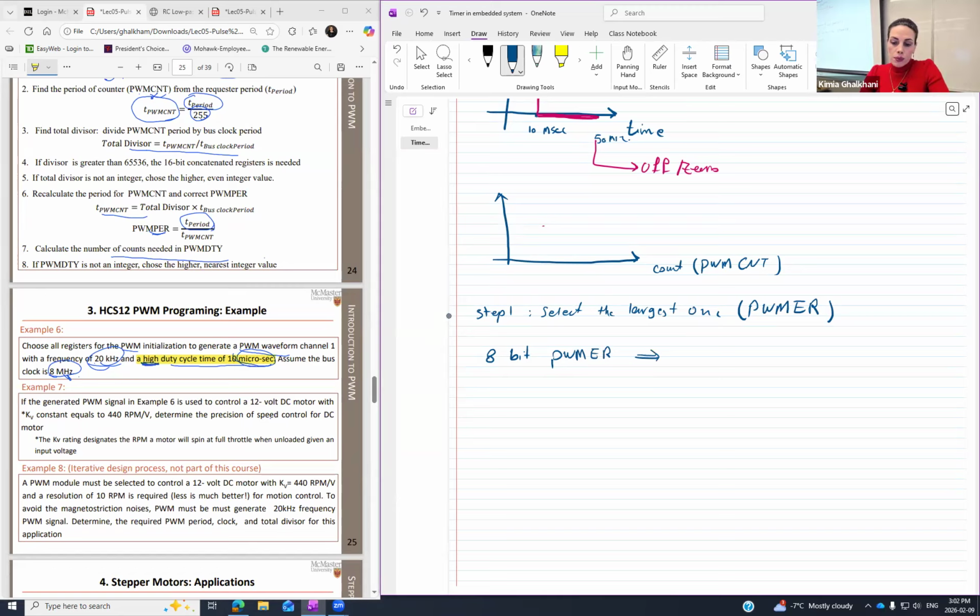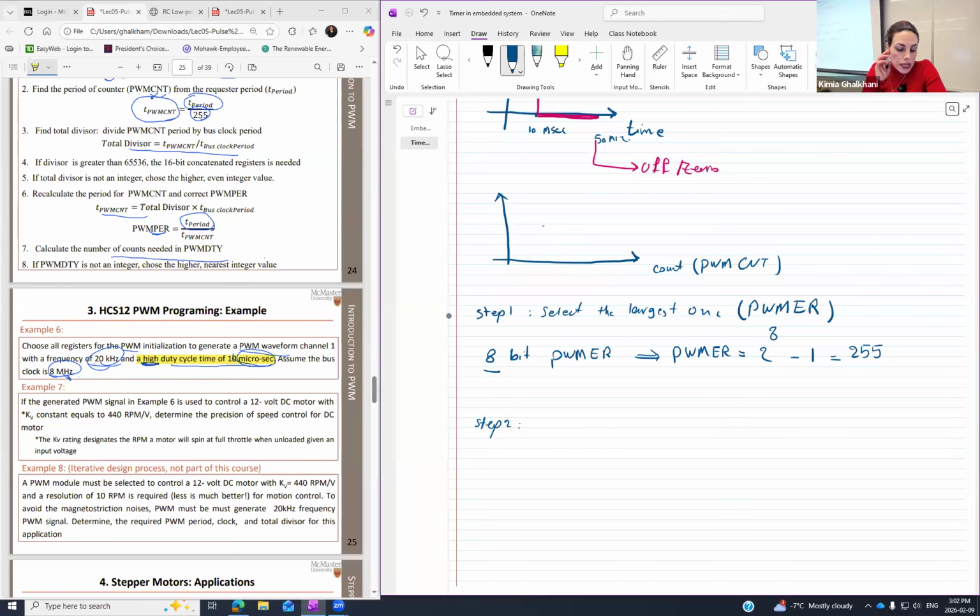Therefore, I could say my PWMER is equal to, since this is 8-bit, 2 to the power of 8 minus 1. And that's why we have it 255, right? And then in step 2,